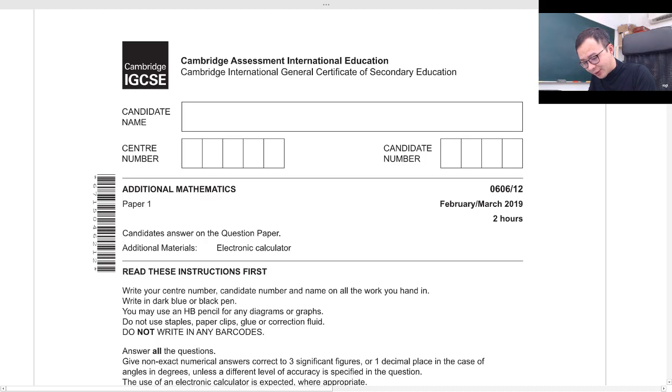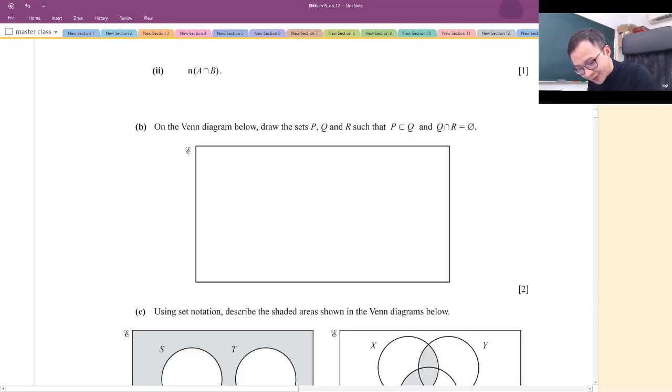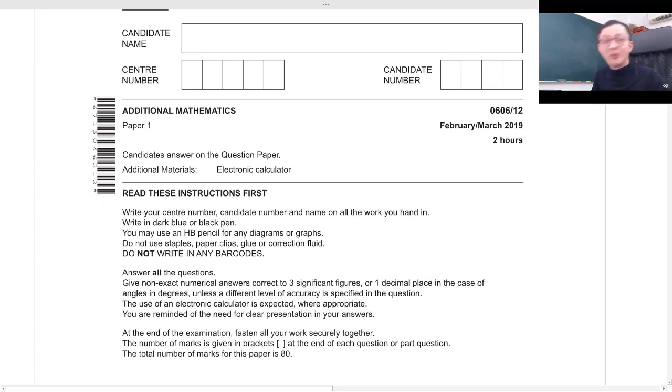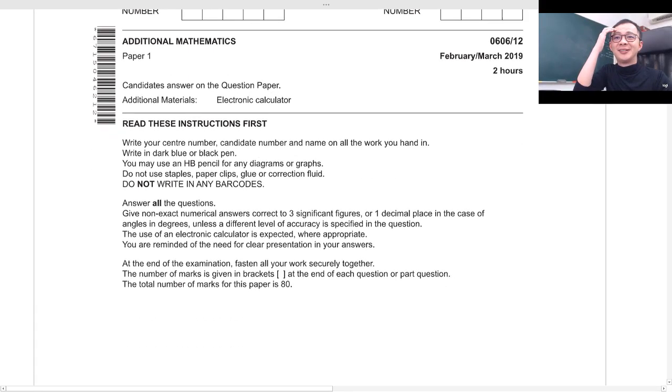Let me just scroll down, but it doesn't. Yeah, always gives me so many technical issues. Just give me a moment. Why is my paper not moving at all? Okay. Yeah, I hope no more technical issues. Right, so